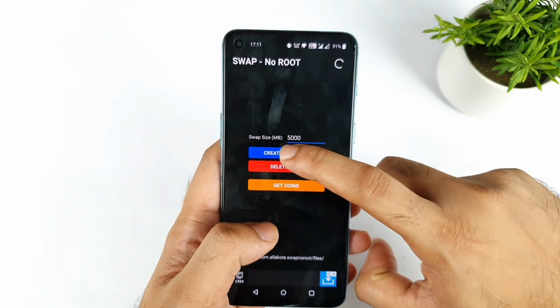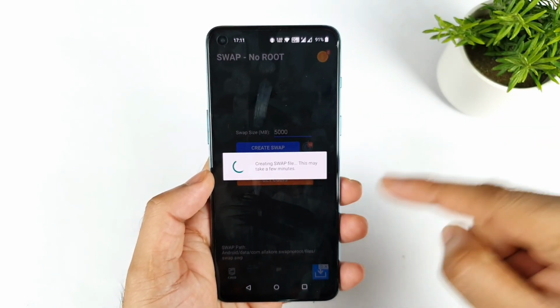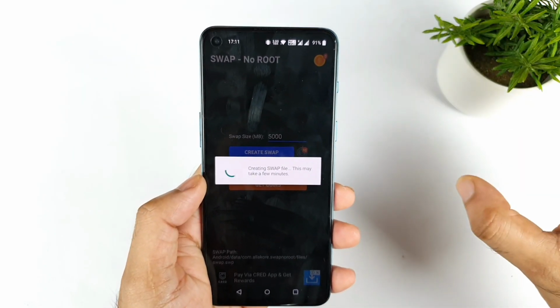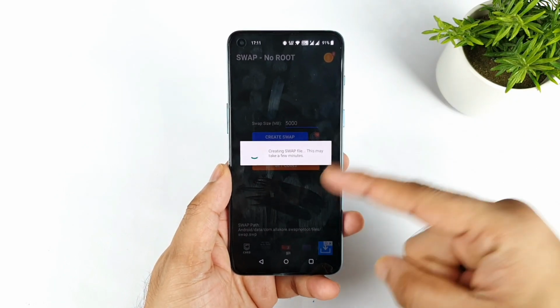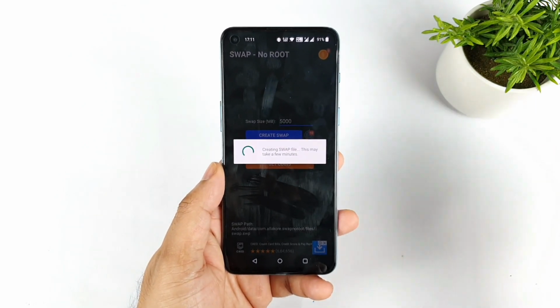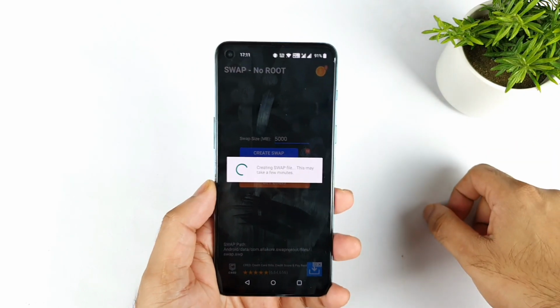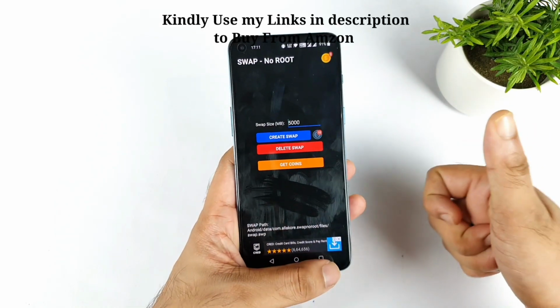So this is the create RAM step. Let me click yes. Right now it's continuing creating the swap file. You can see clearly, this doesn't require any kind of root, nothing at all. Let's see, I'll try to show you the internal storage, whether it got decreased or not. From 97 it should come down to 92. This may take some time. So 5 GB, yes, successfully it's done. 5 GB now it's done.